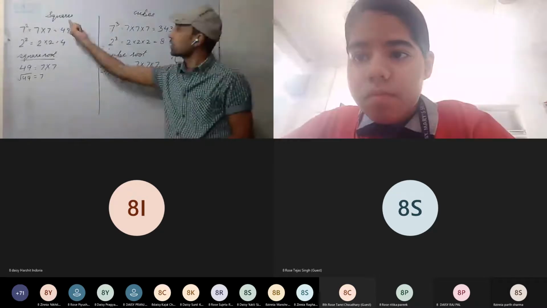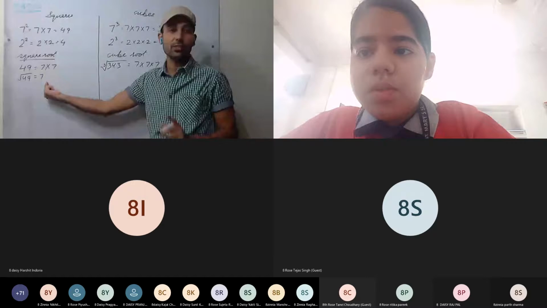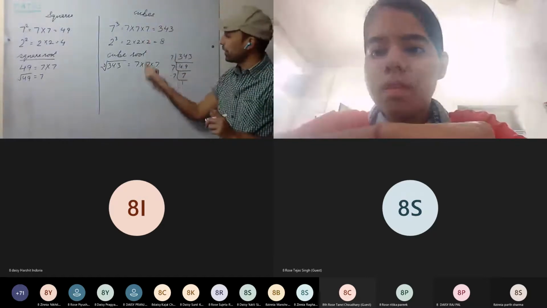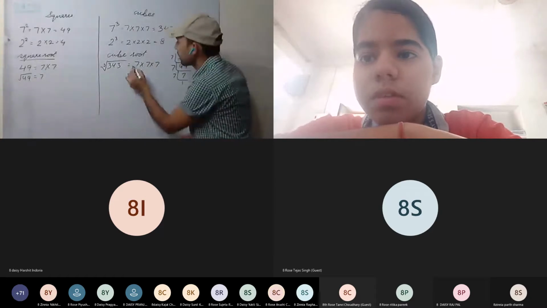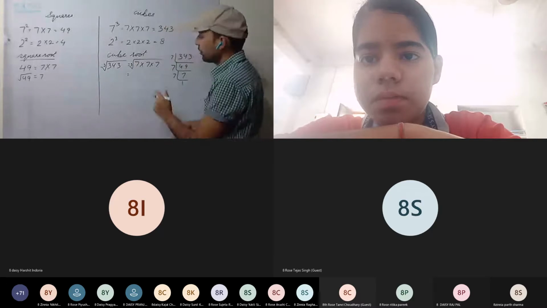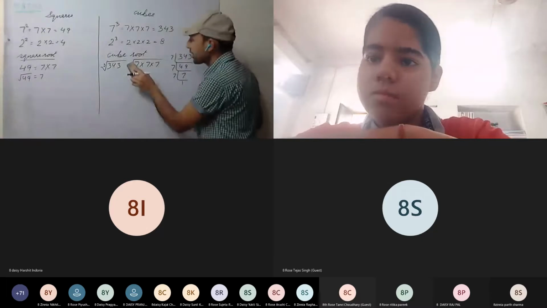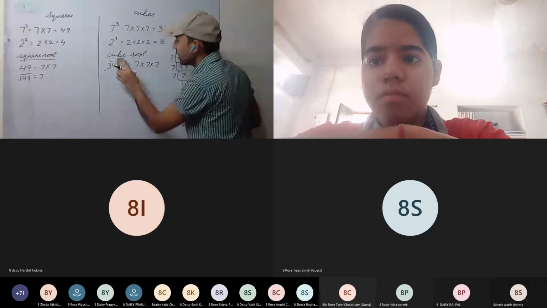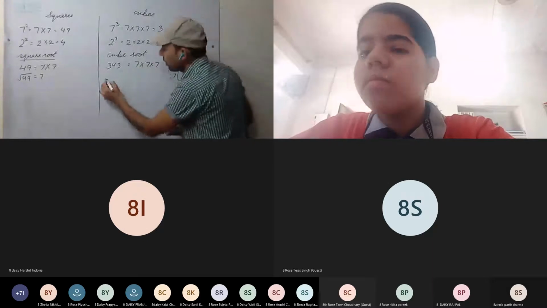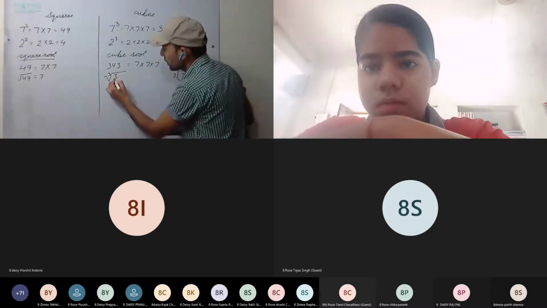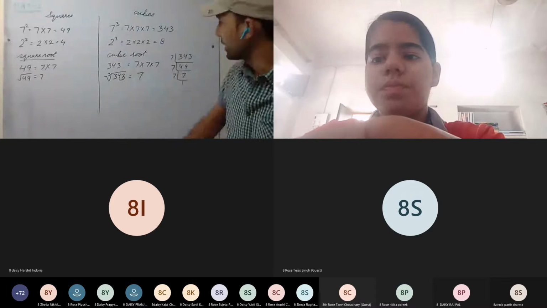Now see here. In squares, 2 times. In cubes, 3 times. Square root, we form pairs and take 1 from each pair. Here, a triplet will be formed, and from each triplet we take 1. From each pair, we'll be taking 1, so it will be 7. Is this clear? Or we can write it like this: 343 equals 7 into 7 into 7. Now, cube root of 343 equals 7. From each triplet, we'll be taking 1. Is this clear?